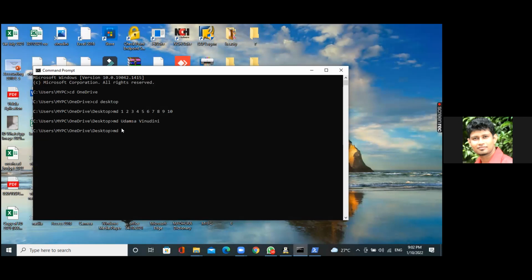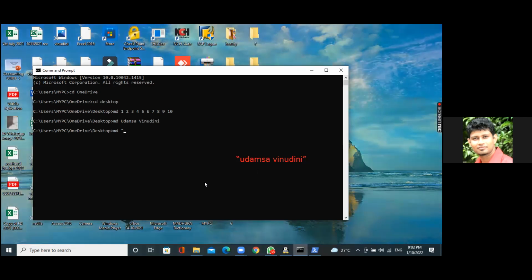Type it like this, Udamsa. If you give it with quotation marks, it is fine, like this. Can you see the red color writing which is there? Red color letters. Can you type? No, you put two single commas. You have to press shift to type double quotation. I am watching your practical. Type it now.